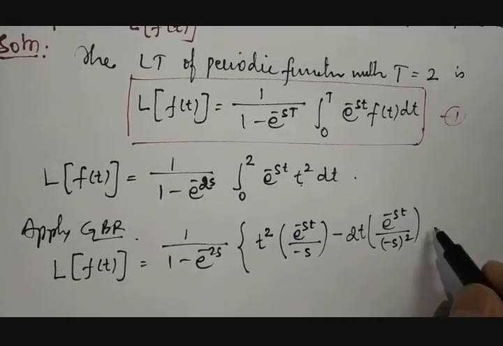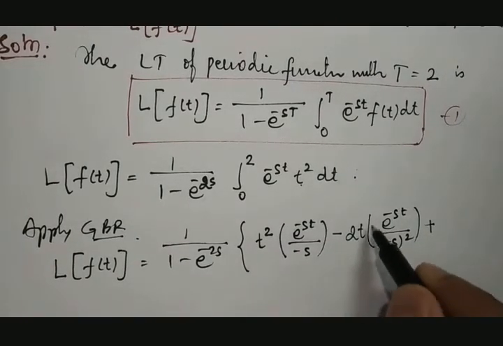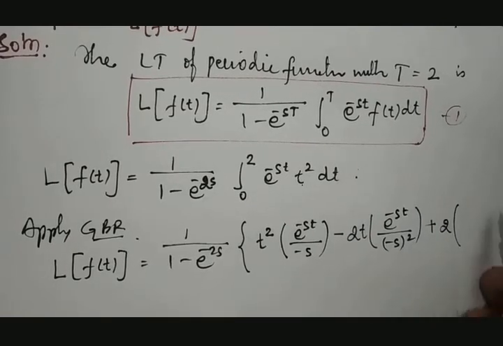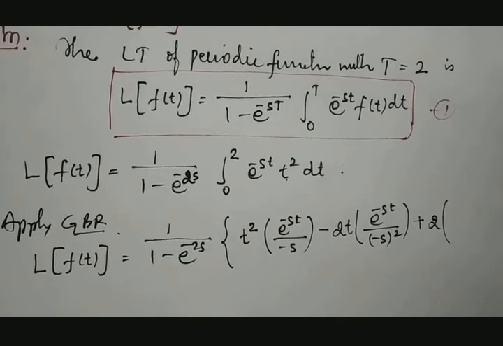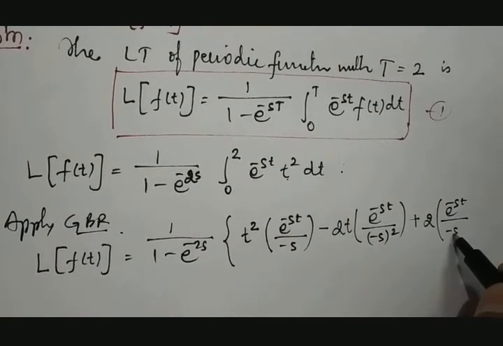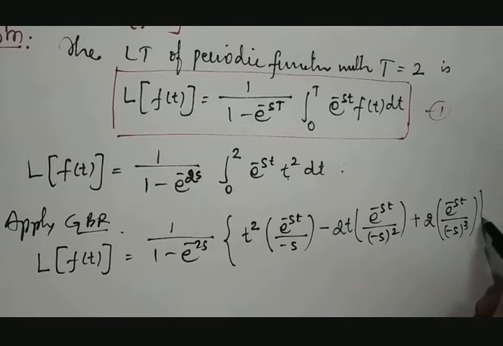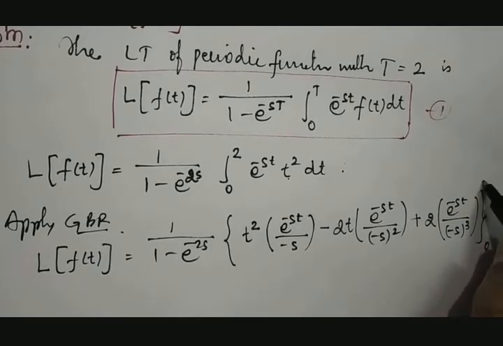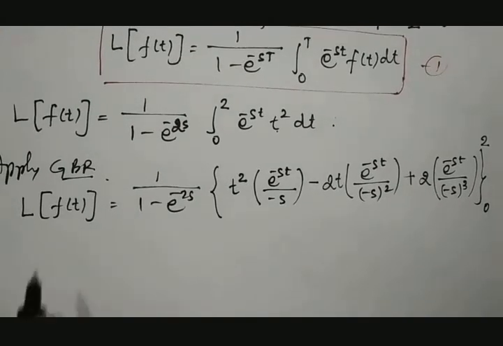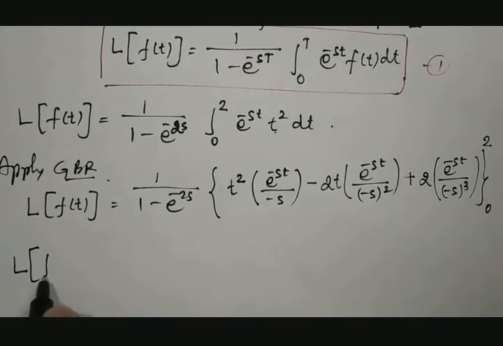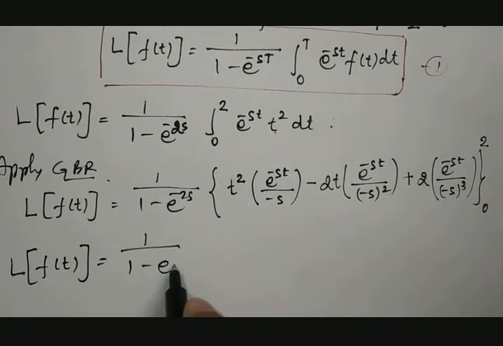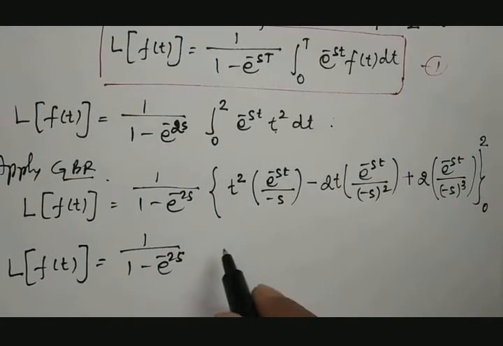Okay, plus differentiation of this function, that is 2, then integration of this once again, that becomes e raised to minus st divided by minus s cube, that will be between 0 to 2. Fine, 0 to 2. Therefore L of f of t is equal to 1 divided by 1 minus e raised to minus 2s